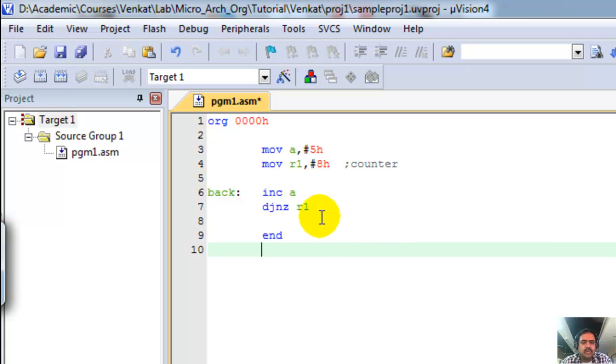R1 is my counter. So, decrement jump on no zero. Where do you have to jump? I want to increment it 8 times. So as long as R1 is not equal to 0, I want it to jump back. Okay. Once it becomes 0,